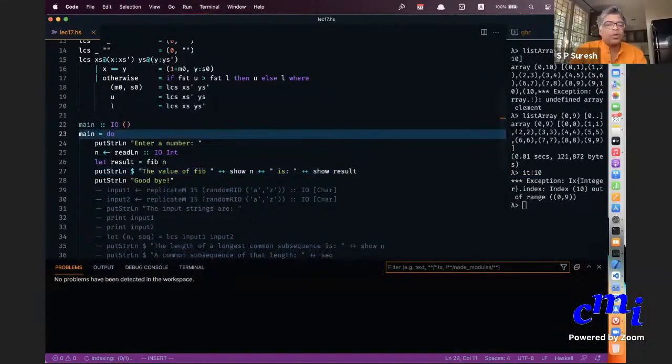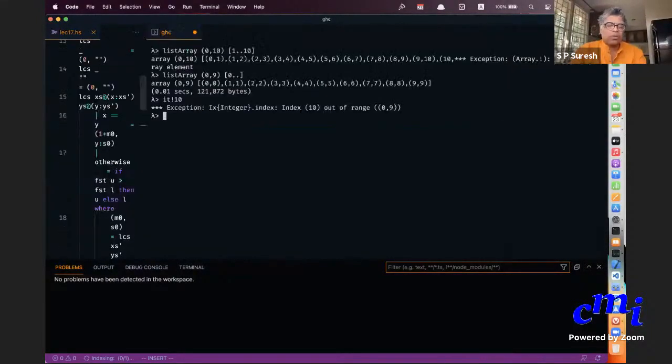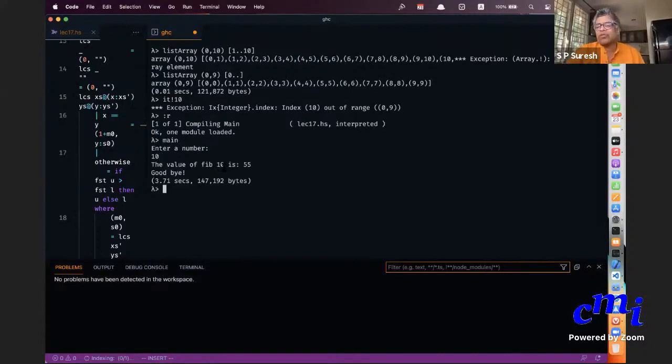When I go here and actually run main, it's asking me to enter a number. I can say 10, and it says the value of 10 is 55. And that's all it does. I can't do repeated things. I would again run main to do anything else.